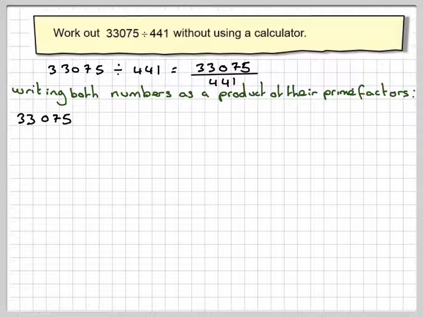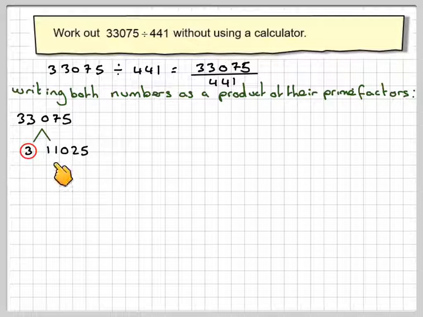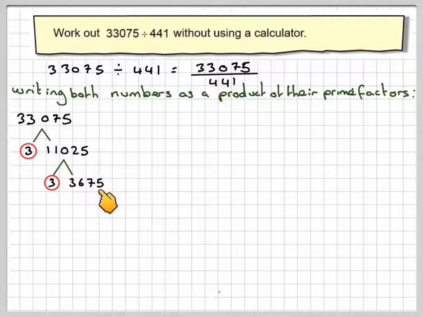Okay, using the factor tree method, if you add up the digits, these are all divisible by 3. So we've got 3, and when you divide through by 3, term by term, you get 11,025. Again, 1 plus 2 plus 2 plus 5 makes 9, so it's divisible by 3. And again, going through term by term, you get 3,675. And then again by 3, you're going to get